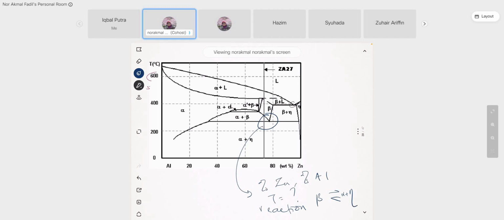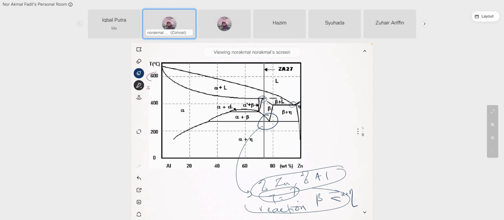Where else? There is more here. And then where else? There is more here. So highlight several isothermal reactions observed in your alloy system. To explain that, you can highlight these three. One is the composition: where is the composition for that isothermal reaction? And then at what temperature and at what reaction? Sometimes you may find in the textbook, any isothermal reaction when they identify from the phase diagram, they will write like this: